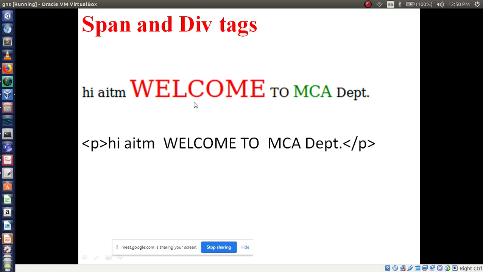Here I am applying the style word-wise. For the word welcome, I am applying this style to this word only. Then normal printing, then for MCA again I am applying the color, word by word. To apply color or style like this, you have to use the span tag. Which tag? Span tag. Understood? Why we have to use a span tag?